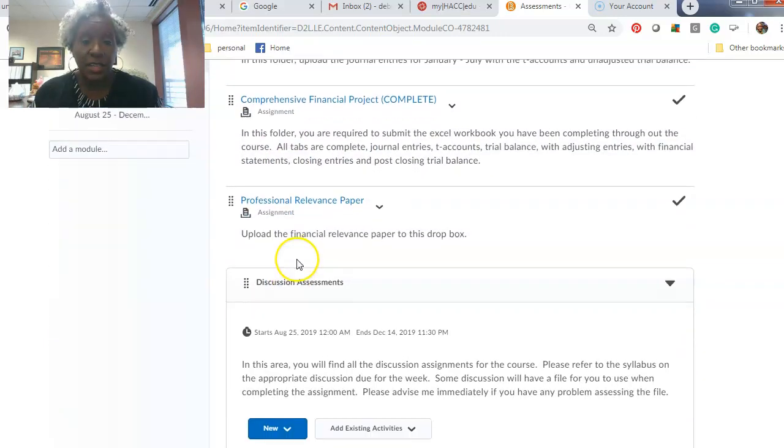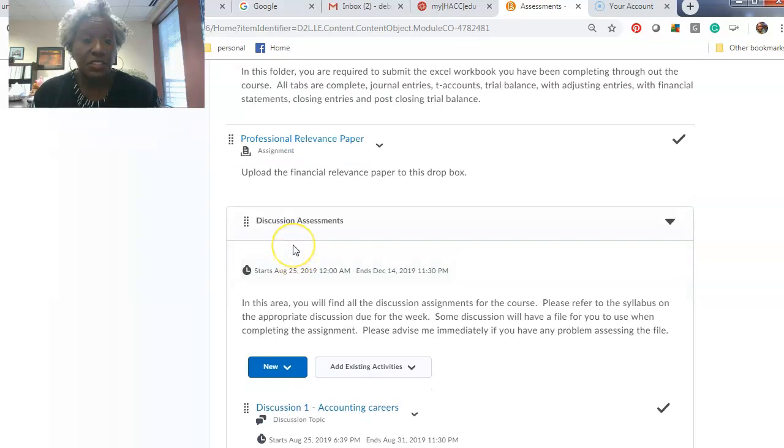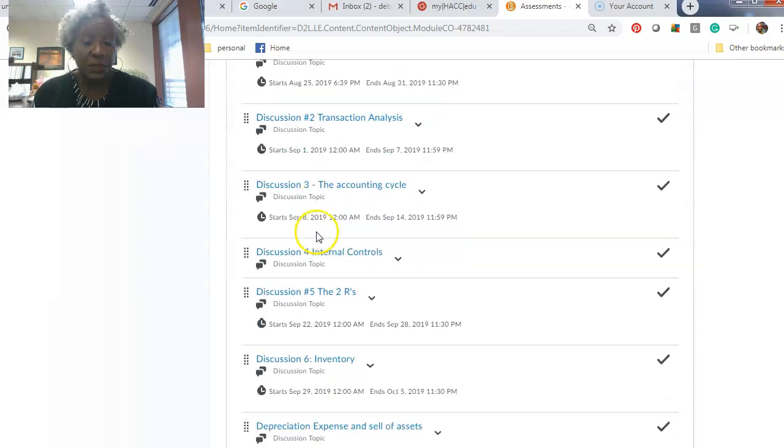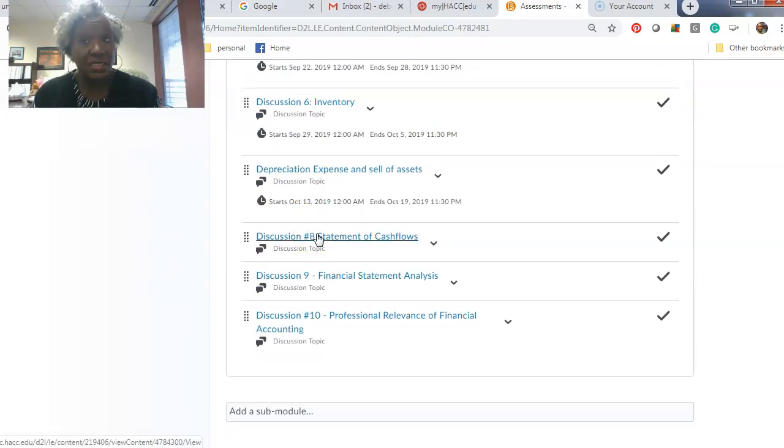And then here is a financial relevance paper. This is just a paper that you'll write. The instructions are given inside of the Dropbox, and it's due later on in the course. So you'll have some major projects to do. Your homework assignments, your quizzes, and